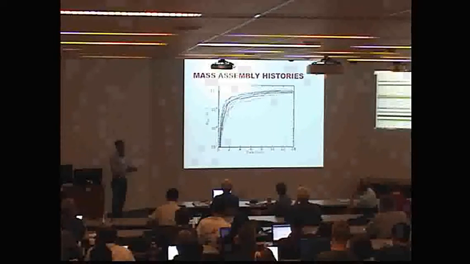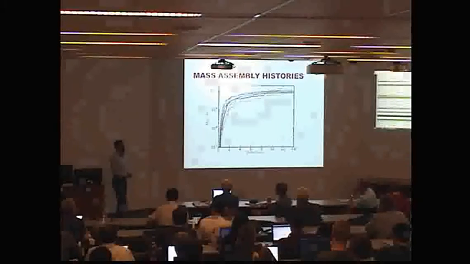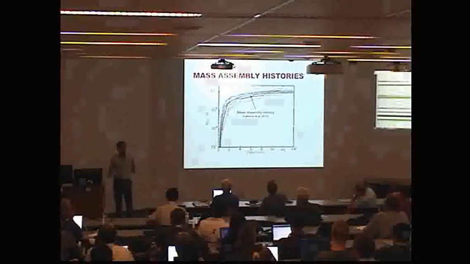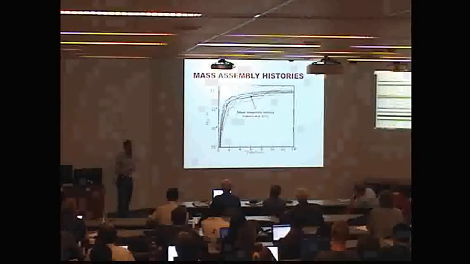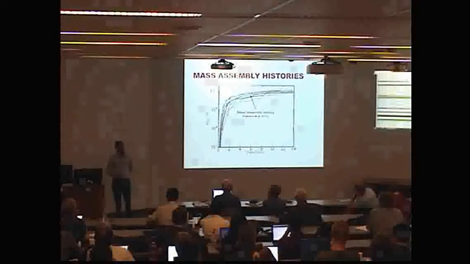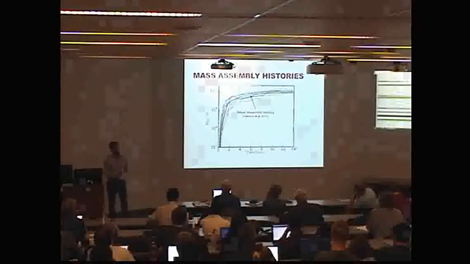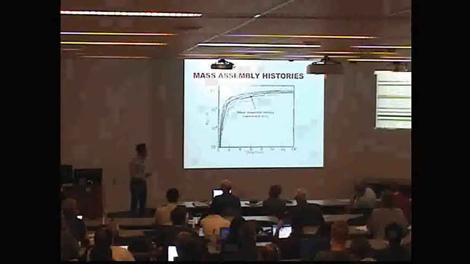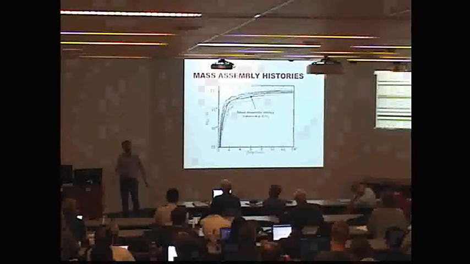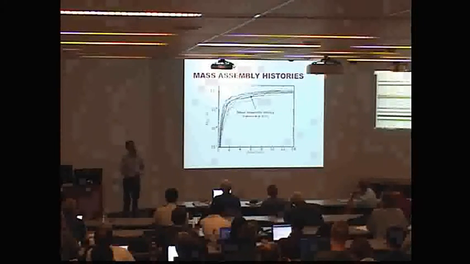So for the first set of results from the simulation, I wanted to focus on the mass assembly history, or the virial mass throughout time. In gray here we have my simulations, and in the black dashed line we have the mean assembly history for halos of 10^10 solar masses pulled from the Millennium 2 simulations. This is the mean assembly history from all the halos in the Millennium 2 simulation, presented in Fakhouri et al. 2010. And so I want to note that at z of 0, we have a very tight, narrow range of virial masses all focused around 10^10 solar masses.